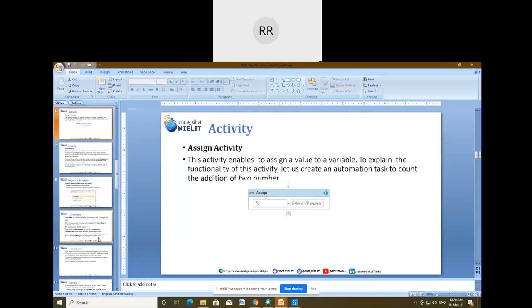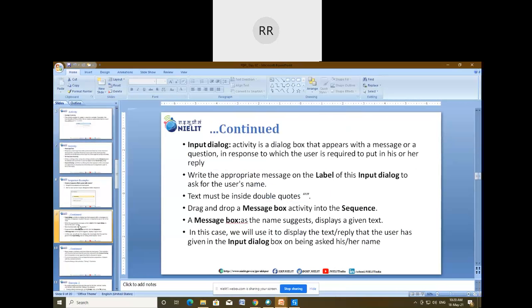In yesterday's session, while discussing the sequence, I could not explain more examples using variables, because without understanding variables it was not possible at that time. Yesterday we saw only some small examples. So today we'll see an example of a sequence with the help of variables.